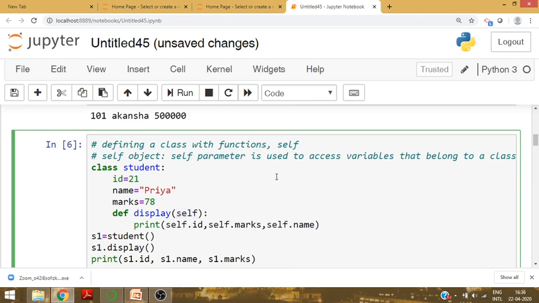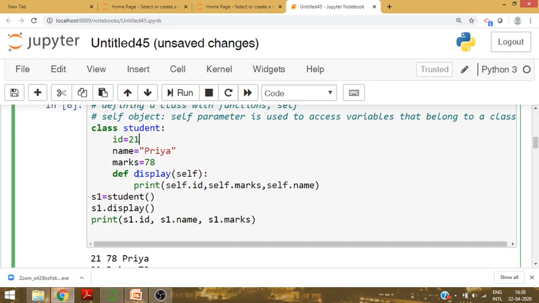This is called self object, or we can say self parameter. Self parameter is used to access the variables that belong to the class. Suppose in this method I want to access id, name and marks. These are the variables. Those variables are inside a class, and if you want to access them, you can use here the self object, self parameter.